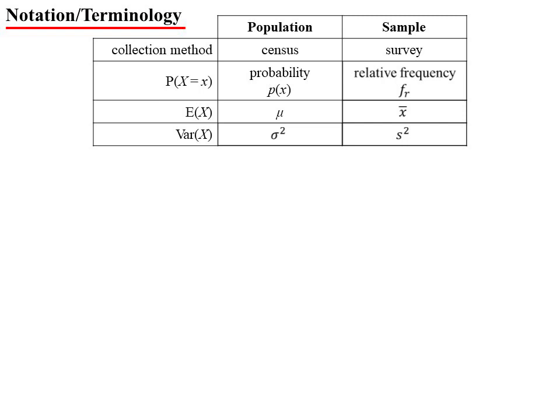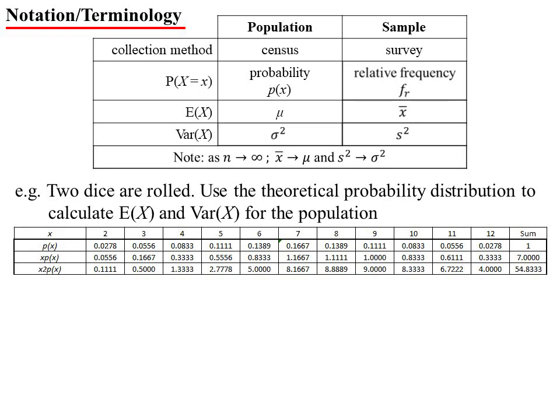And this is why we're talking about a population or we're talking about a sample. But what should happen as the number in your sample approaches infinity, so approaching gathering every piece of information, you should find that the X bar approaches the mu, if you like. So the average of the sample should approach the average of the population. And same with the variance. Same with the probability as well. The relative frequency should start approaching the theoretical probability, for a different word.